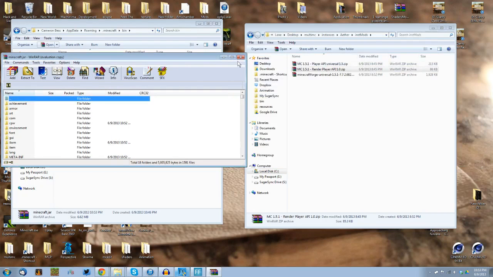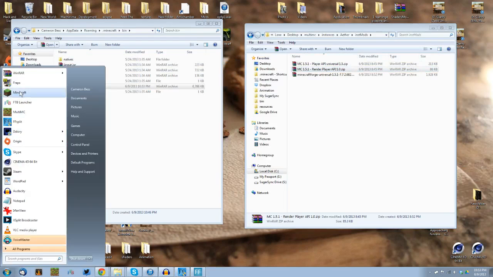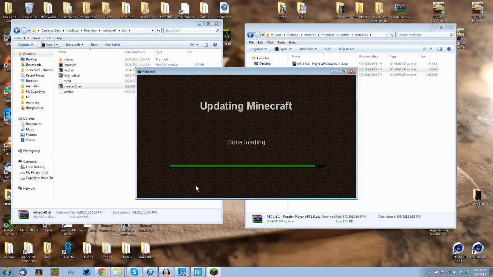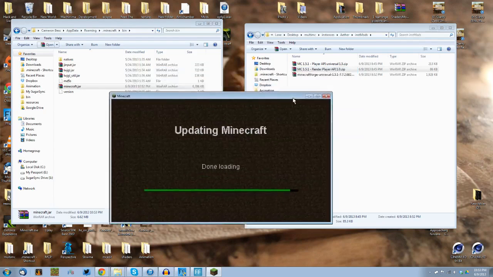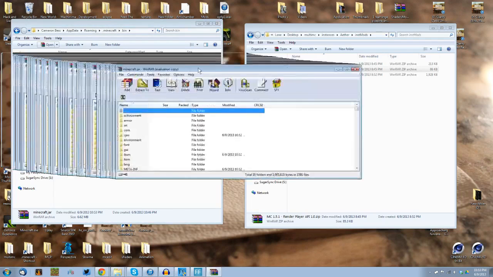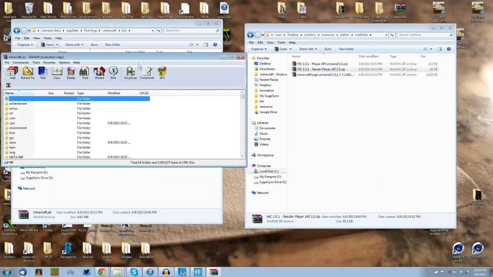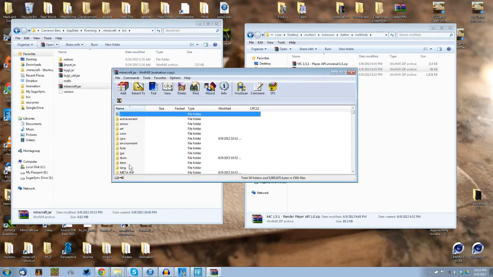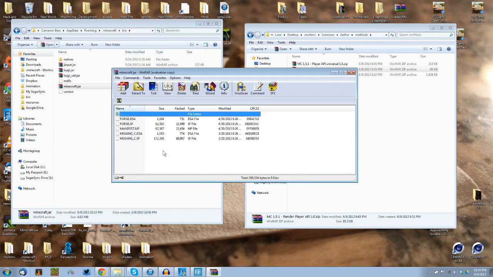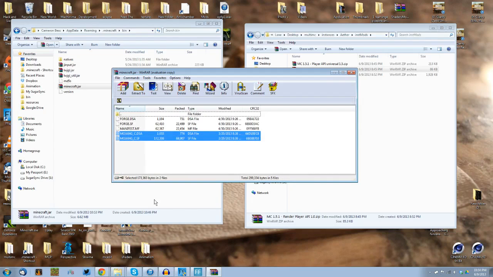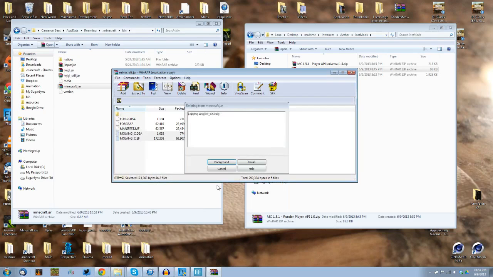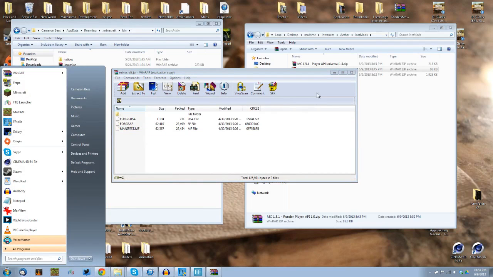So now, just to make sure that you did that right, you should go and load up Minecraft again. Just hit login. If you get a screen similar to this, that means what you want to do is you want to open up your Minecraft.jar again, and you want to go into this file, the META-INF, and you want to delete these bottom two files here, just by hitting that and right-clicking and hit delete files. It'll delete those, and